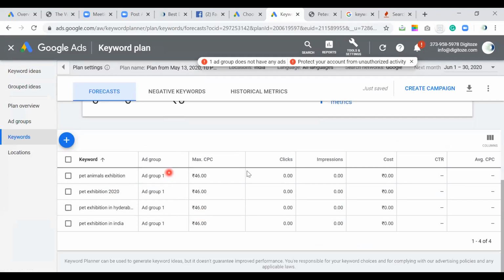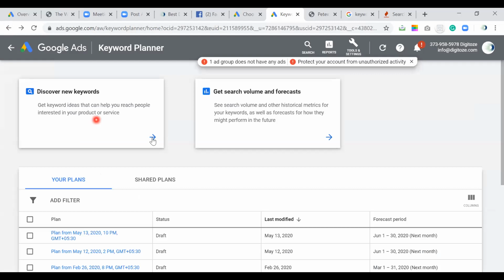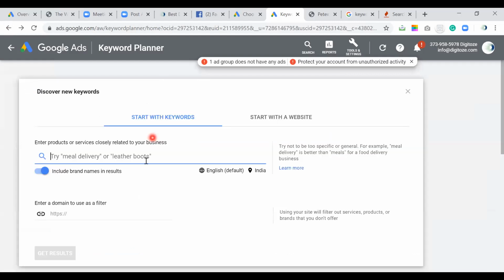Since we are not talking anything as of now related to paid campaign of Google, I'm not discussing this section as of now, but this is the way by which you can do some kind of selection, and based on that you can start working on keyword selection. So once you are done with the keyword, then probably we can go for various other things.